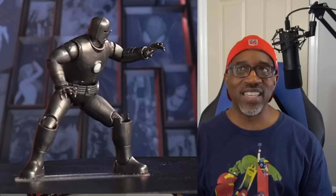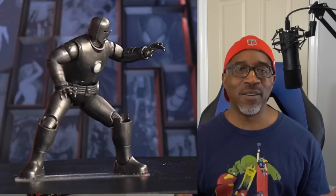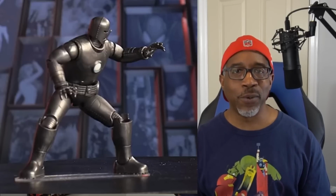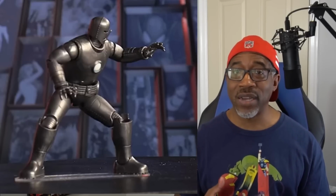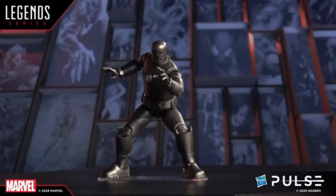And I kind of feel like at some point we're going to get the retro version and get the gold tint Iron Man Mark II to have that. So we have 1, 2, and 3, and then 4. And I guess we still need a real version of that 4 without the blue arc reactor center, but it's a great looking figure. It's got scrapes and dents in the armor, so it's really good,